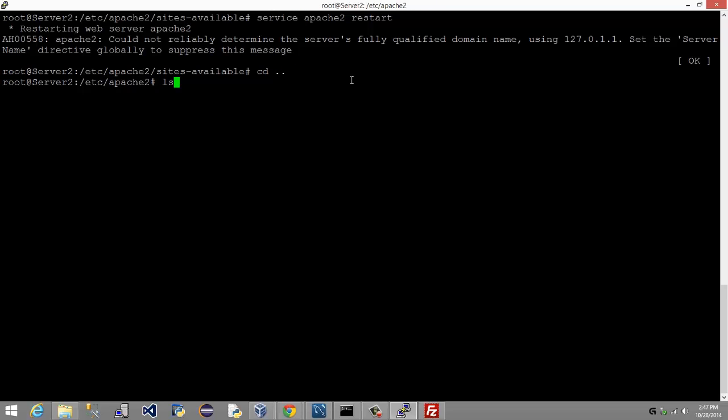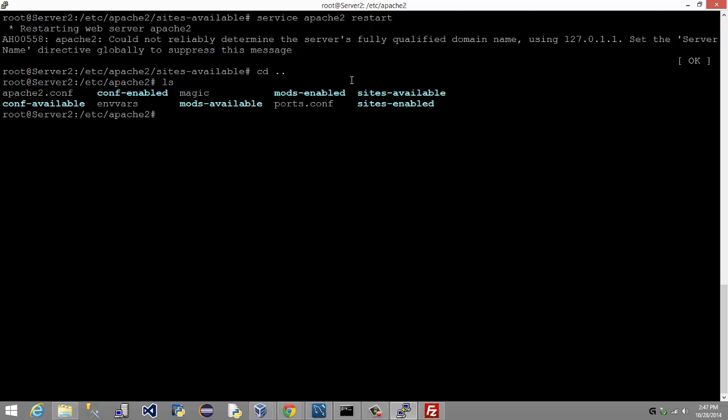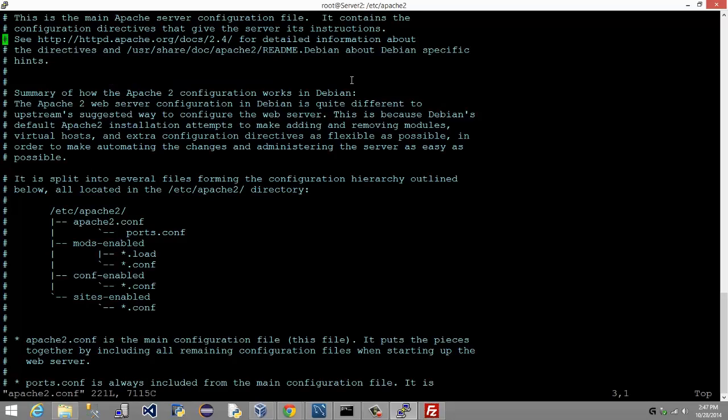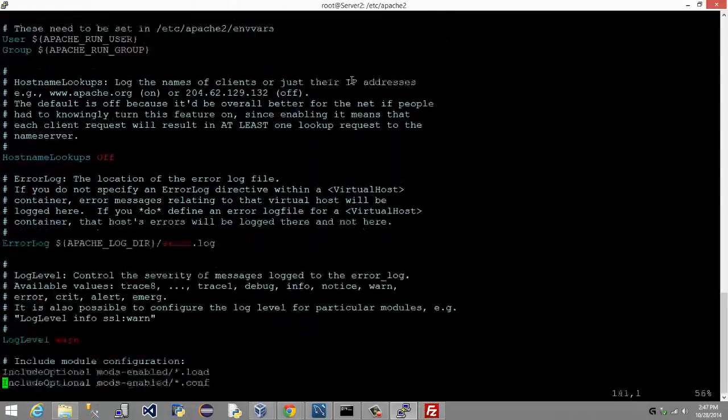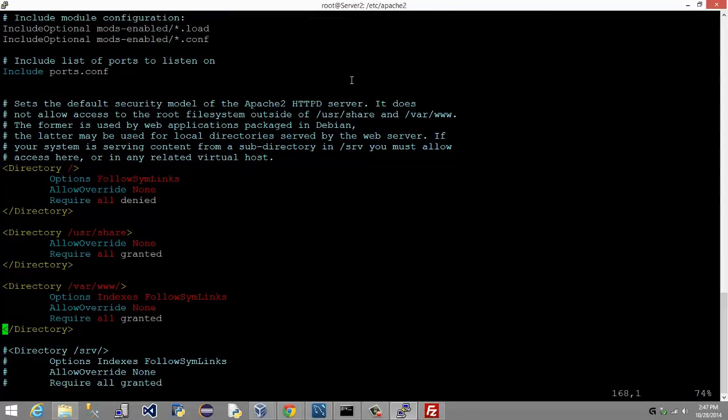That'll back us out. I'll do ls to list real quick. And what we need to pull up back in Vim is Apache2. So we'll do Vim apache2.conf. We'll pull that up, and we'll keep on scrolling down until we get over here. Okay, so we can see that the directory /usr/share is all granted or whatever, and the directory /var/www is